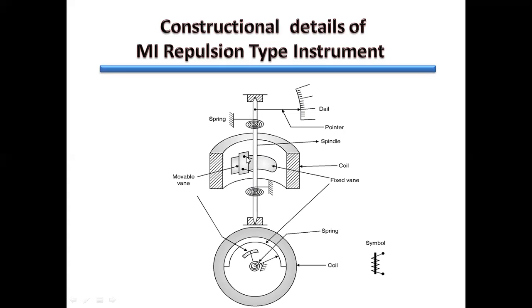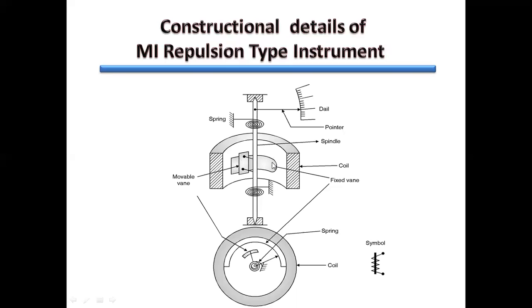and one more vane or one more iron piece is there, which is attached to the spindle by means of these connecting rods. So there are two iron pieces. One is a fixed iron piece or fixed vane, and another is a moving iron piece or moving vane mounted on the spindle. The moment this coil carries current, a magnetic field is produced, and both iron pieces or vanes are